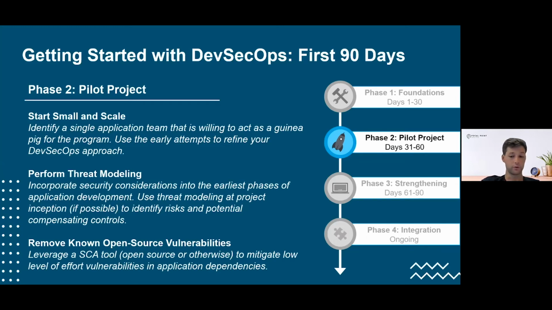Now, finally, we talked about this on one of the first couple of slides, software composition analysis. Those tools, for those who aren't familiar, basically scan the third-party libraries that you're using within your applications to understand if there are known vulnerabilities that exist in those libraries. So a good example, if you're using a version of jQuery, just because jQuery has so much functionality built into it, there's very often vulnerabilities in each of those different library